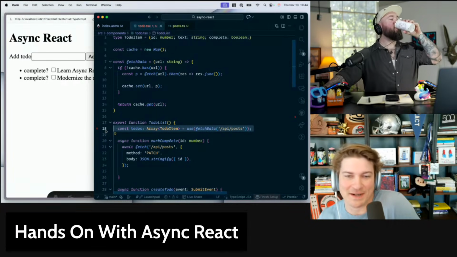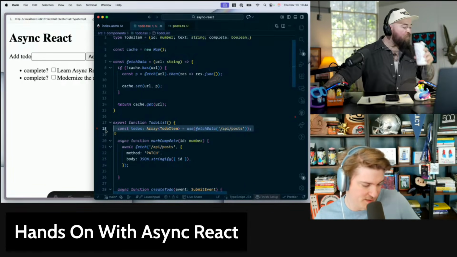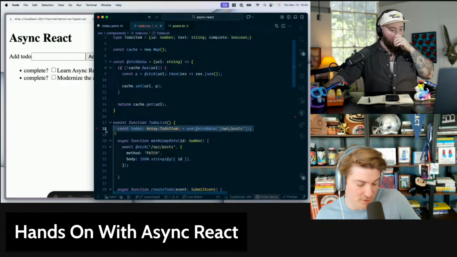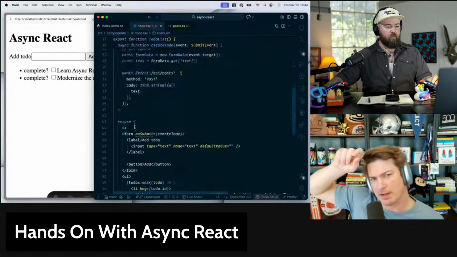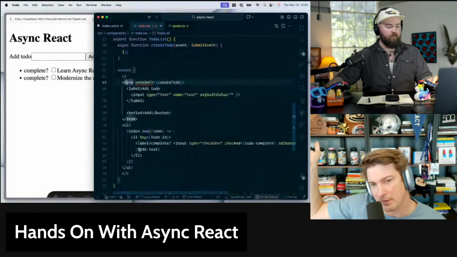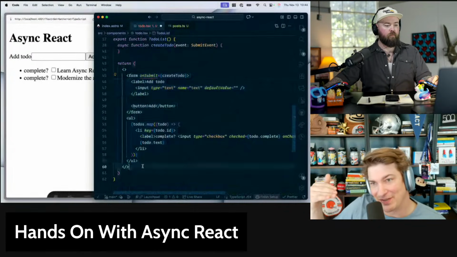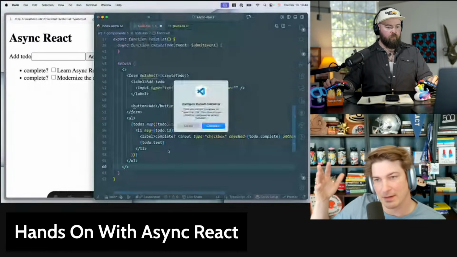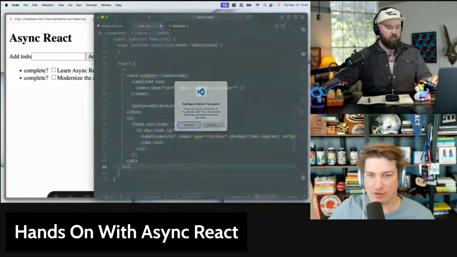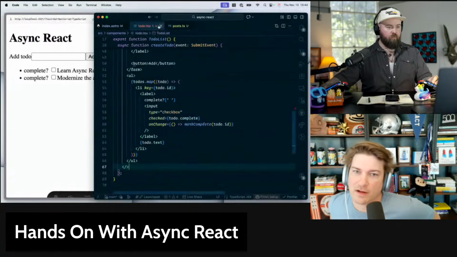So now one thing that we can use is Suspense. So we can show a fallback state. And it wasn't super clear, we didn't show it, but in what we had before, the list would just be blank. We didn't show any loading state for when the initial fetch on page load was coming in.